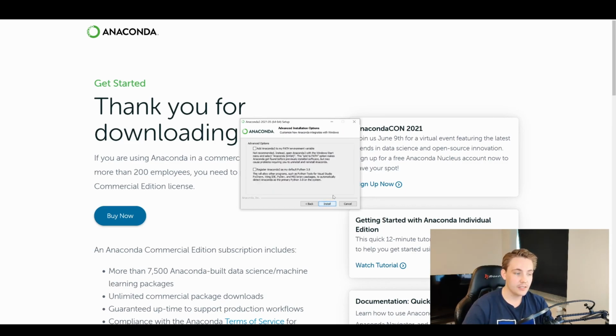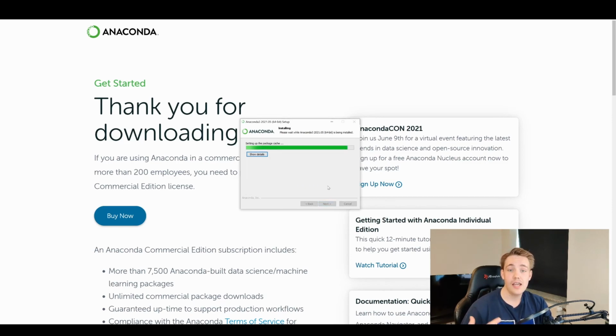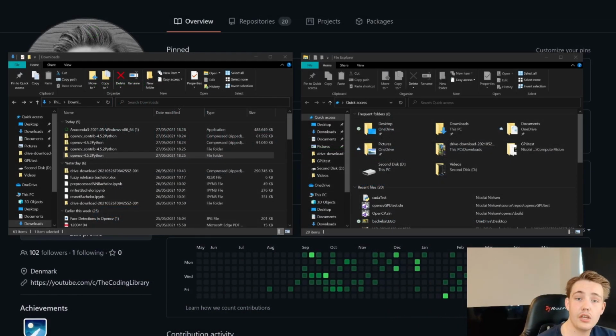So I just hit next here, and then when we come to here, we need to add Anaconda to my path environment variable, so we don't have to add them ourselves, because this is necessary when we're going to use them later on to import OpenCV with GPU support with Anaconda. So I'm going to check this here. So we add Anaconda 3 to my path environment variables. And then we just hit install, and it will now install the Anaconda base environment with Python 3.8 on my computer. So now we have everything installed here to be able to configure and build OpenCV